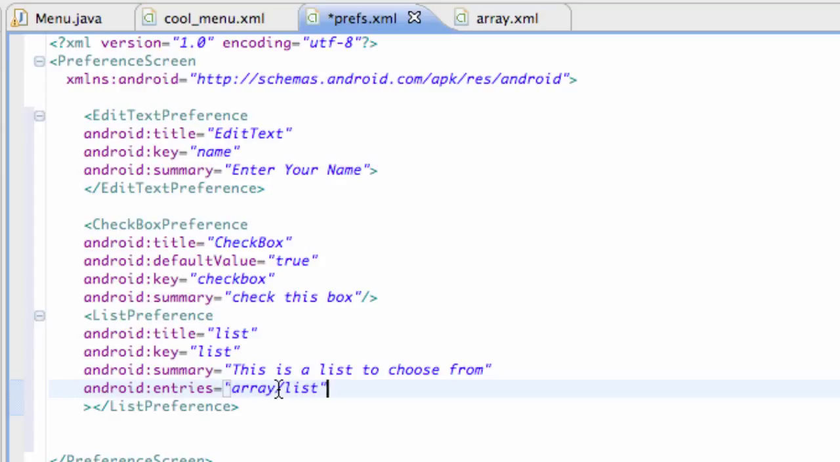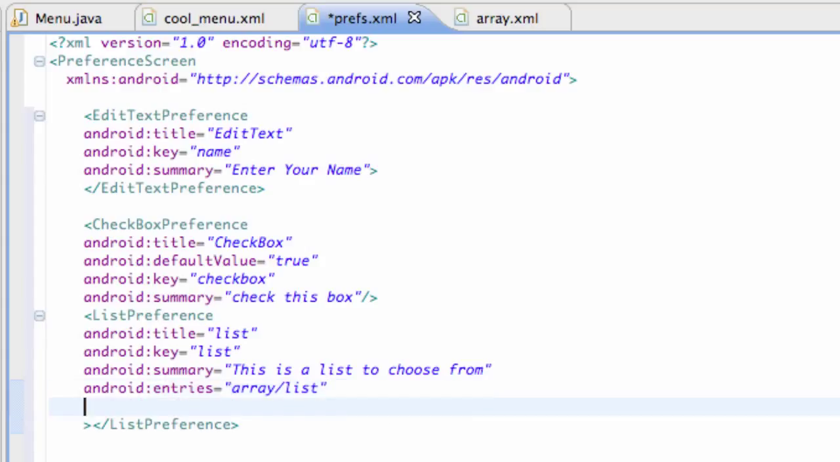So let's say we want one of those items to be checked to start with, and what we're going to do is set up something that's going to refer to the list values for the most part. So we're going to set up something else called Android, again this is within our list preference, Android entry values, and we're going to say, again, refer to another array. So we're going to say array / values or something like that, or L values,